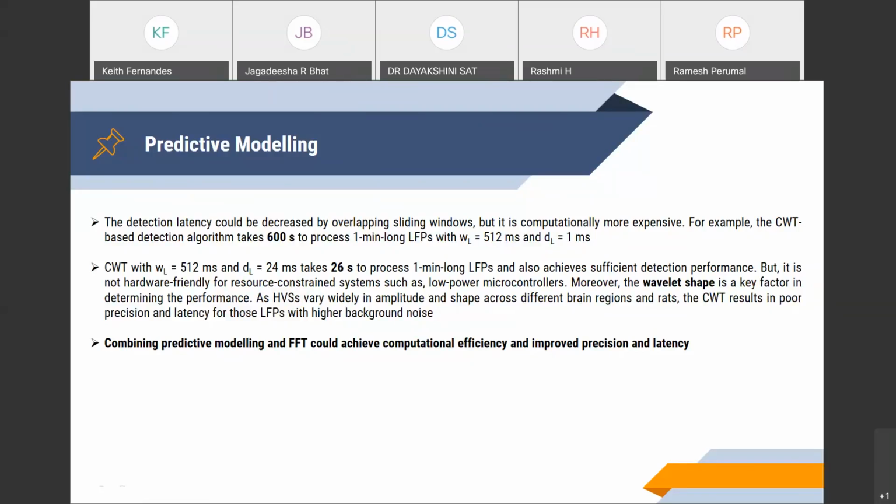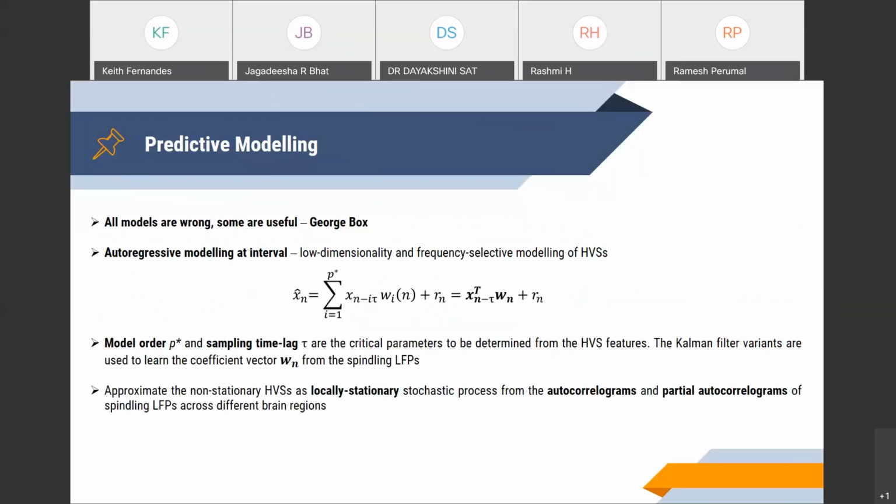This is the solution. For this purpose, we are going to use predictive modeling to approximate the non-stationary high voltage spindle as a stationary signal within a particular time scale. So I'll go with the statement of Dr. George Box that all models are wrong, but some are useful. We cannot expect a model to completely represent the system, especially the highly complex brain central nervous system. It's very difficult to describe in terms of a model, but you can use a model that could describe